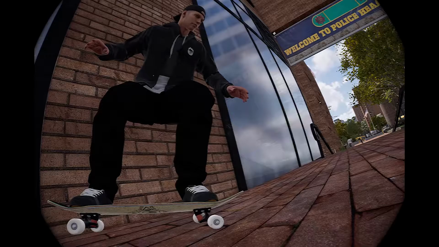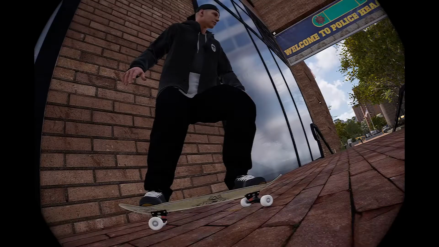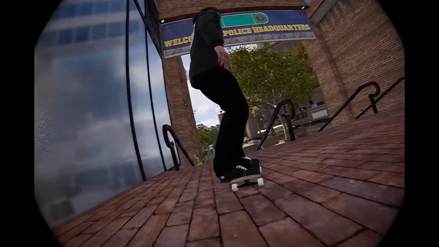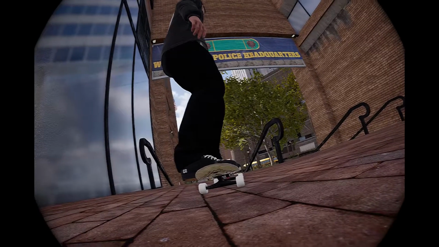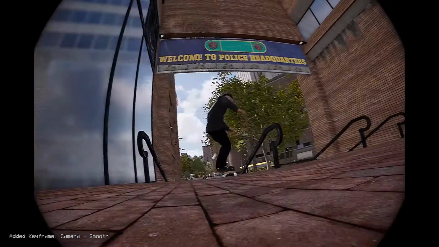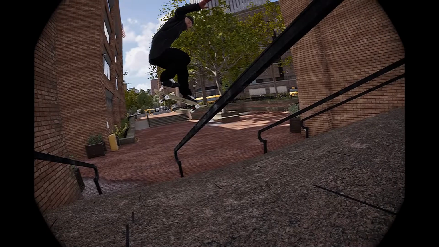Okay, so we're kind of missing the landing, so we're going to pull back a little bit there and remove the other keyframe. And then we're going to follow him along. In this instance, we're going to put him in the middle of the screen. So we capture him on the edge, he moves to the middle, and we're going to put the camera slightly